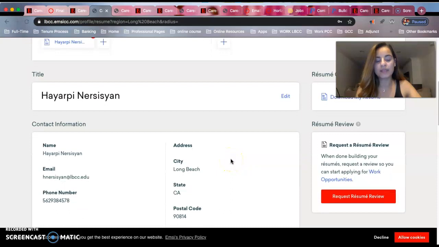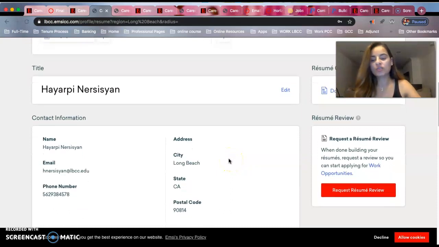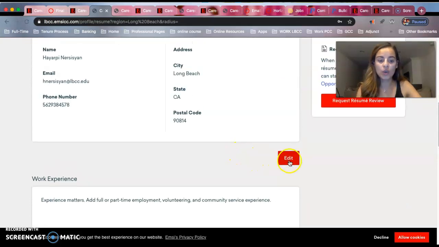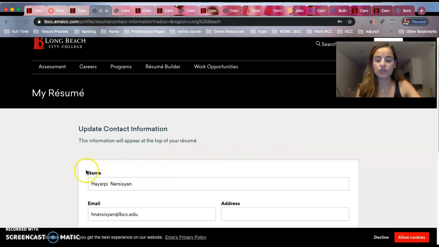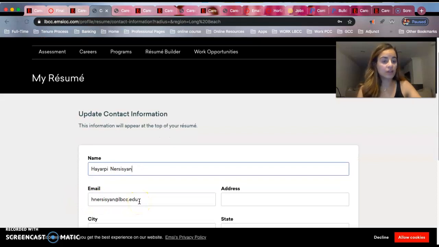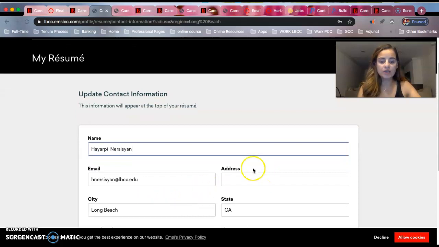The next step is the contact information. As you may have learned already from the module, the contact information is very important and essential. So we're going to go ahead and edit this information. First off, it's your name, so we want it to be there. Then is an email. This email should be a professional email that you use often and you check often. As mentioned in my module, we no longer need to put a personal home address, so you can ignore that